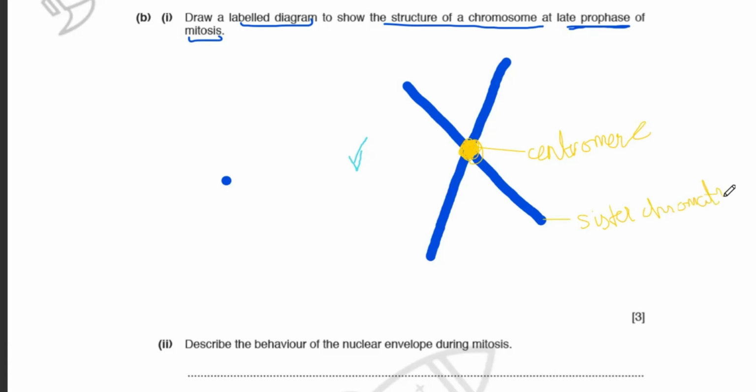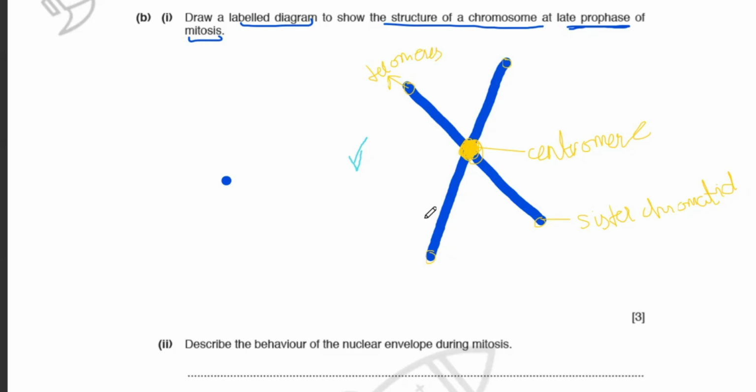Then, during this class today, I was explaining telomeres, which are present at the tip of your DNA. So you label this as telomere. Okay, I'm drawing this today. Take a screenshot of this and draw it in your notebooks as well, because this is also a question which is given again and again.